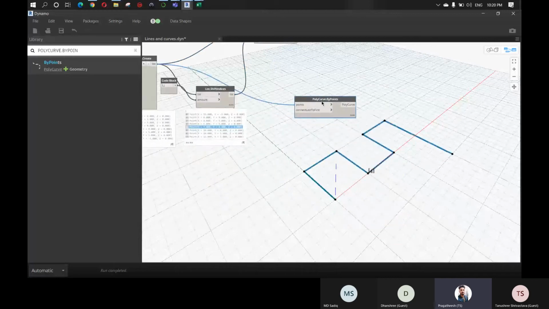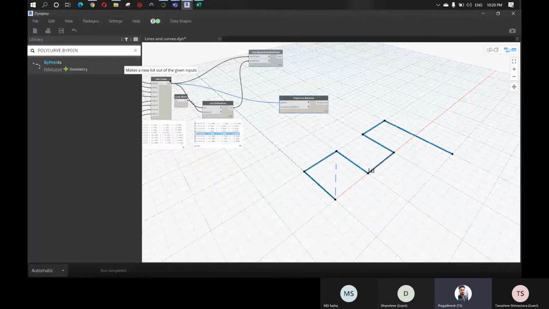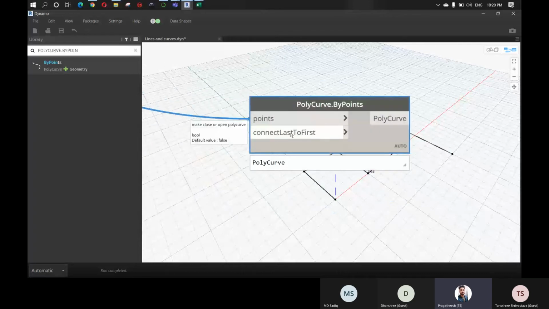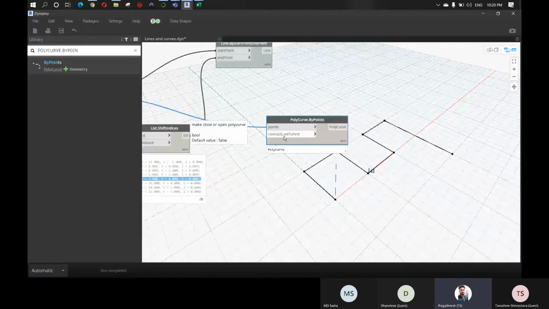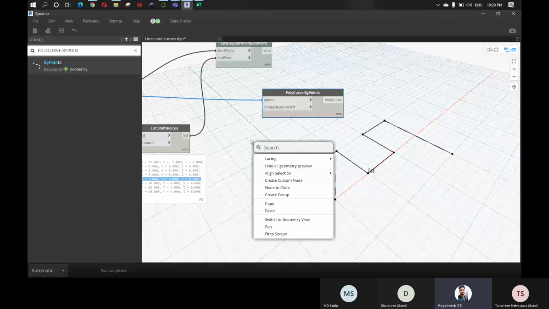Now we can see we created a polycurve with this list, and you can see it is not connected. And here we have an option called connect last to first, and it is a boolean. With the help of a boolean, you can make it connect last to first if you want or not.